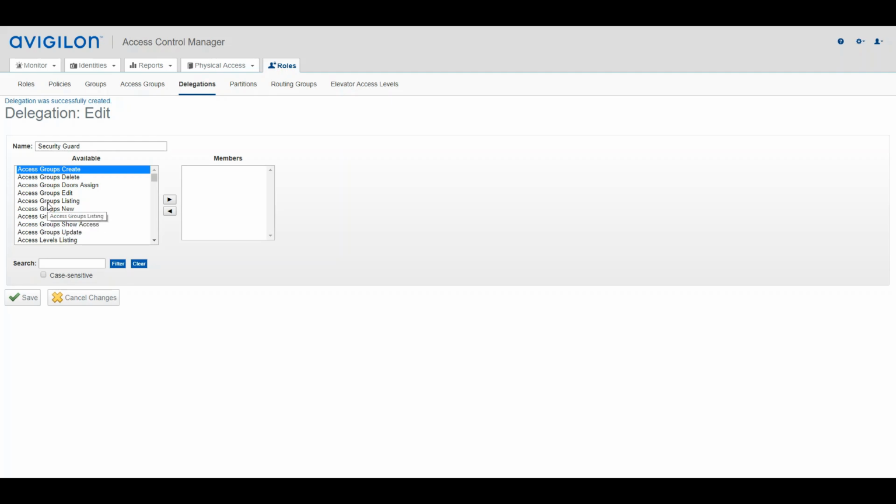So I'm gonna go and create just the very simple ones. I'm gonna bypass the access groups. I'm gonna go ahead and take a look in monitor. So this is the ability of an operator to monitor alarms. So yes, I want them to acknowledge alarms, not acknowledge all. I want that operator, that security guard, to be able to acknowledge. I want to be able to